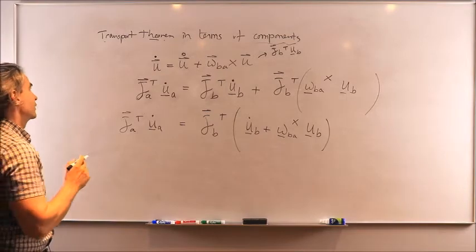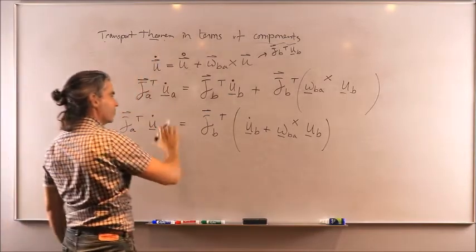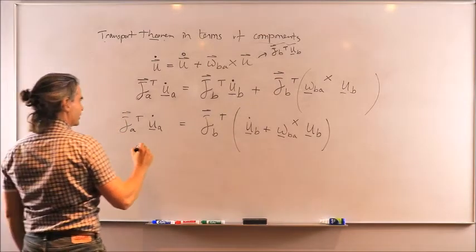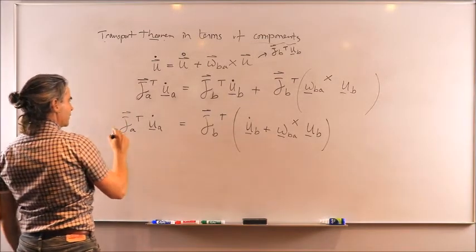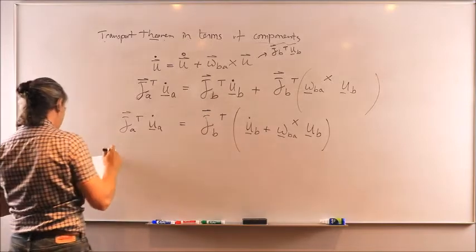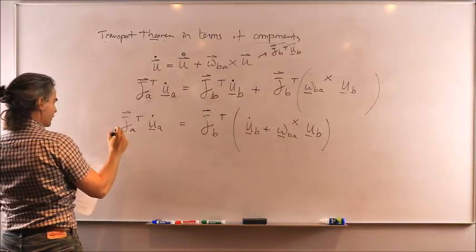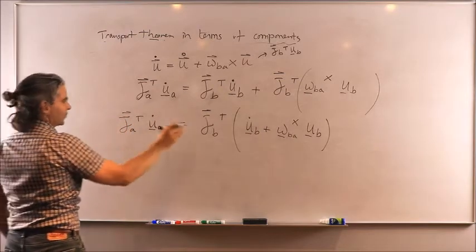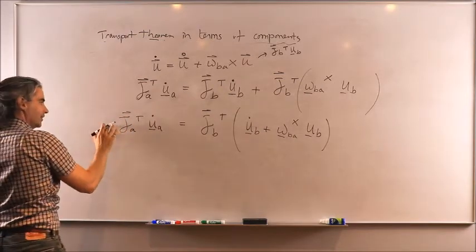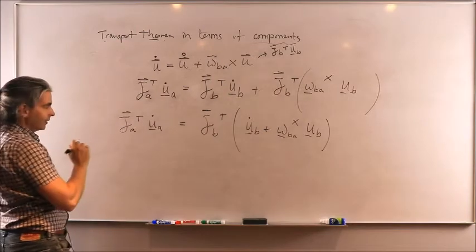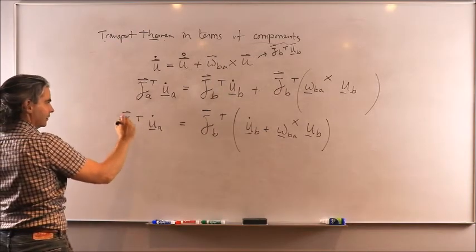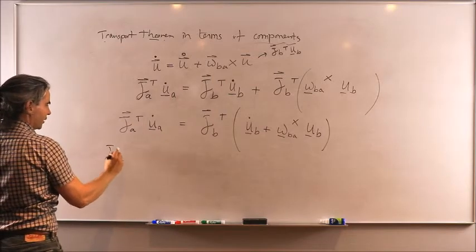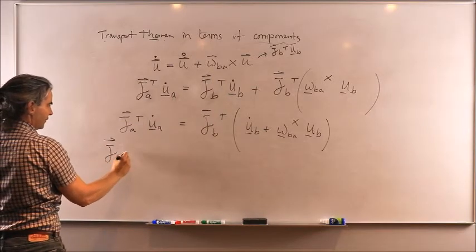So the equivalent of the transport theorem in terms of components is almost here. The only thing we have to do to finish this off is to take the transpose, dot product with the transpose of dot product, taking the dot product on both sides with the vectrix A, so that we can cancel out this term here and see what we have left on the other side. So dot product on both sides with vectrix A,